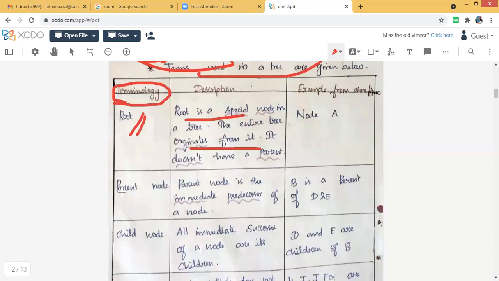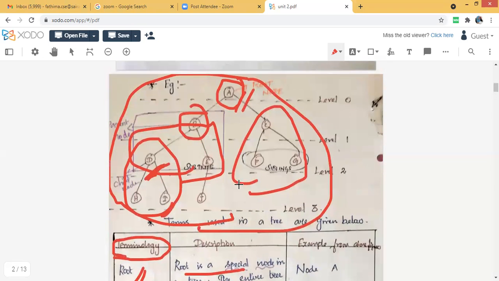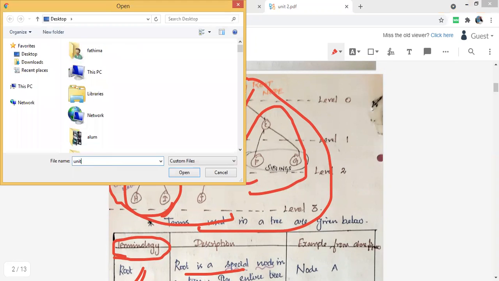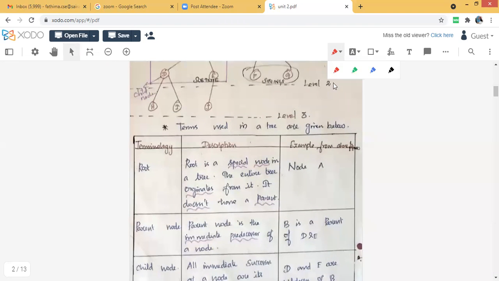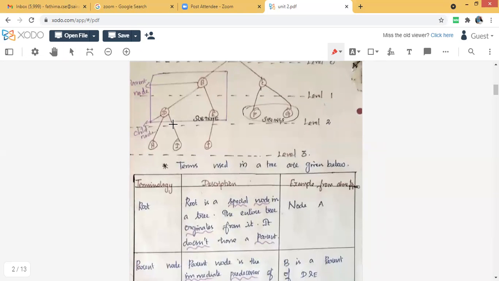Okay, what is the next one? Parent node. We can find a parent node for any kind of node. For example, who is the parent of the D node? Obviously B will be the parent. How can I find the parents? Whatever the root of the subtree is, that will be the parent.